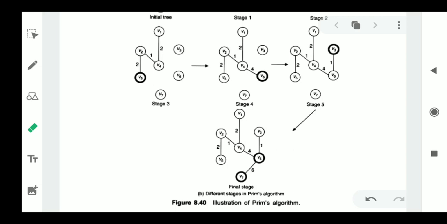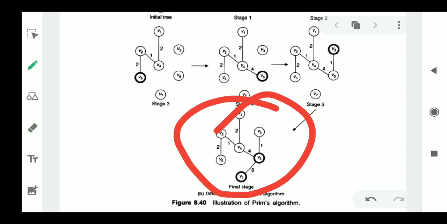So anyhow, you see the final diagram here. We have connected all the vertices. Our tree is containing all the vertices, and each and every node is connected with the least cost edge. You have to connect all the nodes in the graph only with the least cost weights. No circuit should be formed here. You see here there are no circuits.